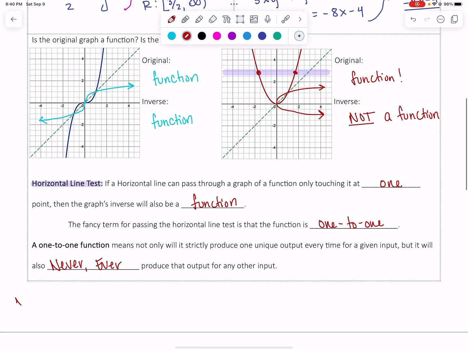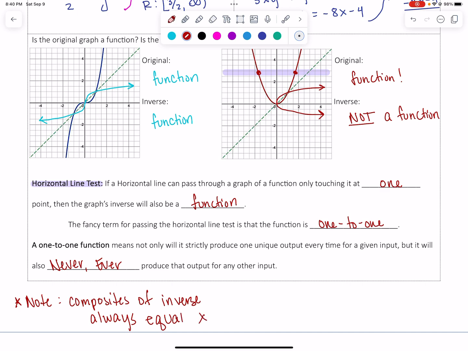And as a reminder why we love our inverses and composites: composites of inverses always equal x. That's how we prove that they are inverses. We can go ahead and use our composites. That's saying that the inverse of f of x, composed with f, is equal to x, and it works both ways. f of the inverse of f of x is equal to x. So some cool things about inverses and